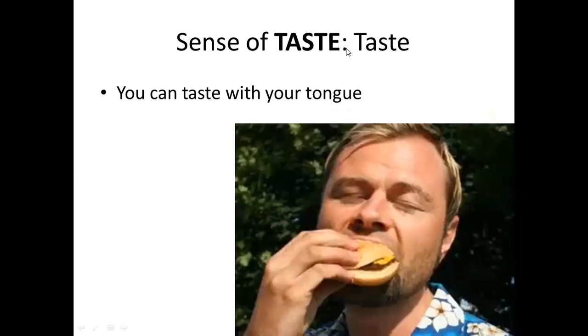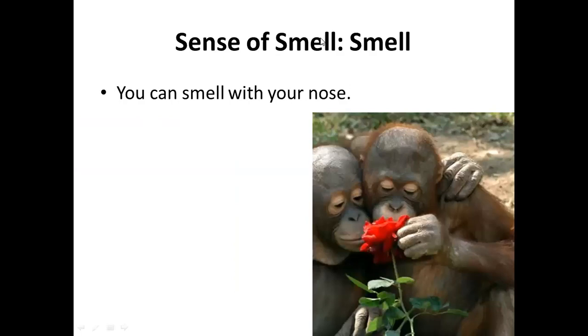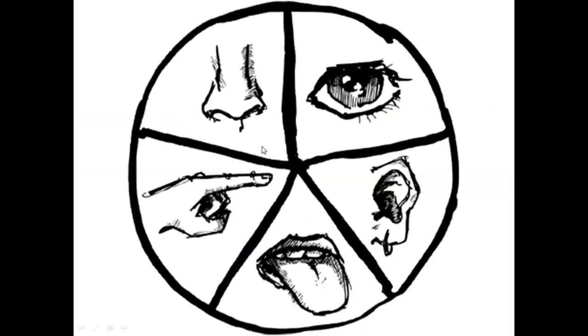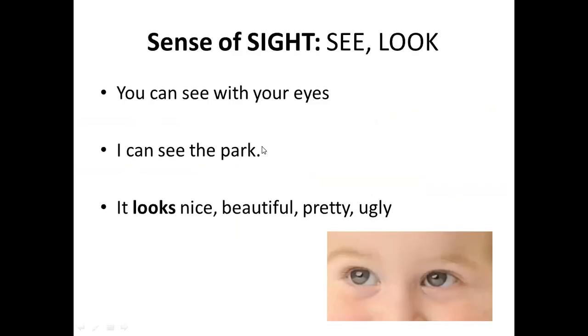Sense of taste. You can taste with your tongue. Sense of smell. You can smell with your nose. Okay, these are different things that you can feel by seeing them or